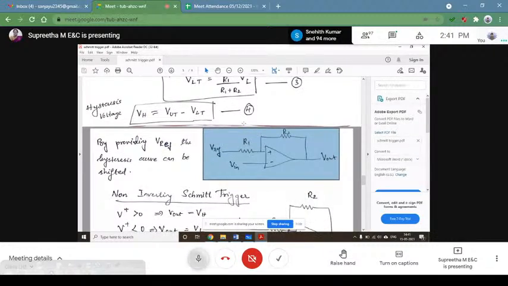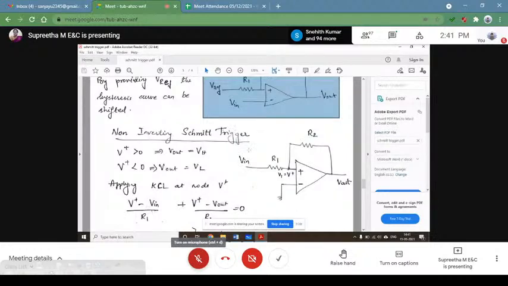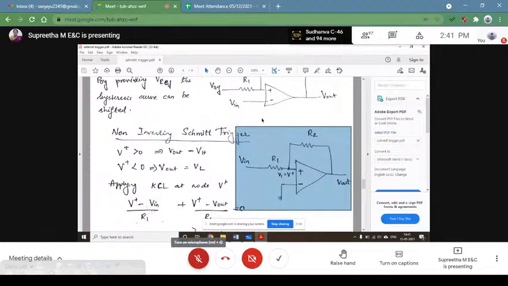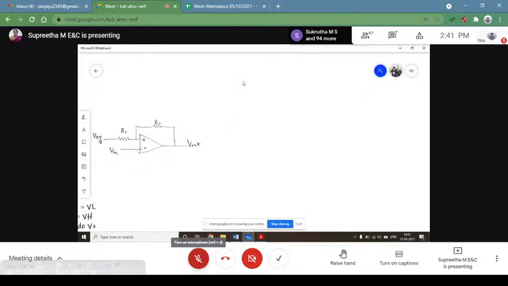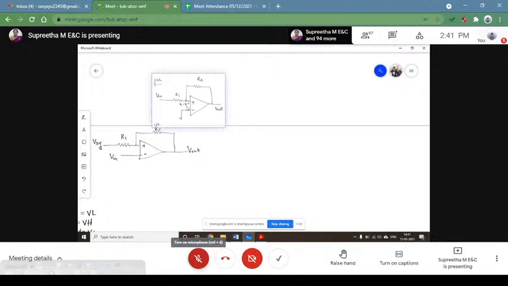Okay, thank you. So now how does a non-inverting Schmitt trigger work? It is the vice versa of your inverting Schmitt trigger. That is, when Vin is greater than the upper threshold voltage, your output is at VH, and when Vin is less than that, it is at VL. So in general, I can say now,